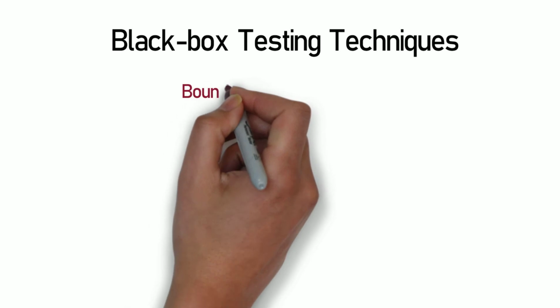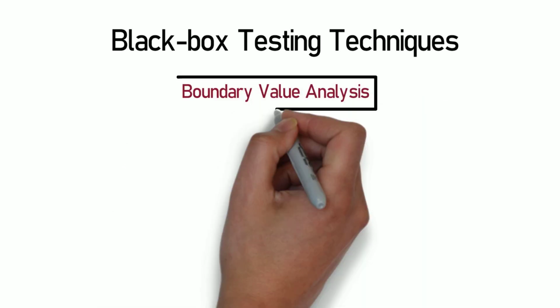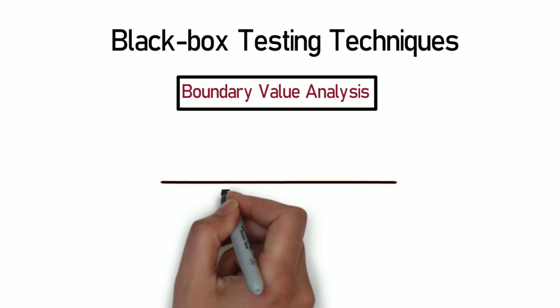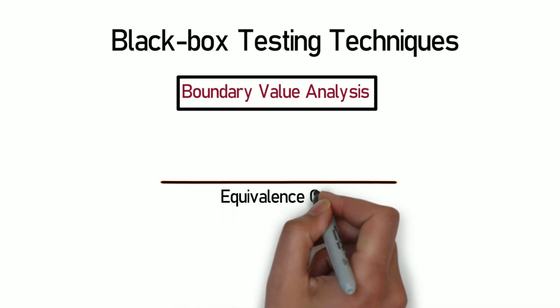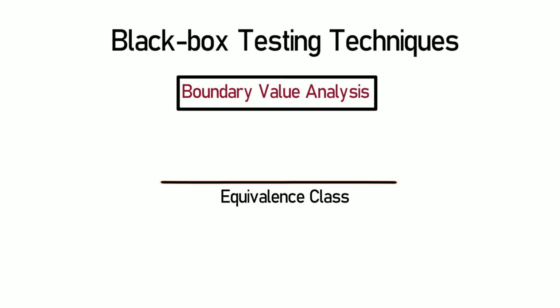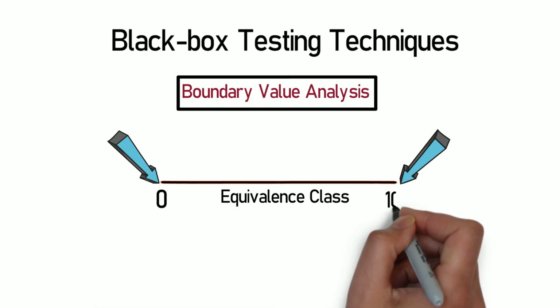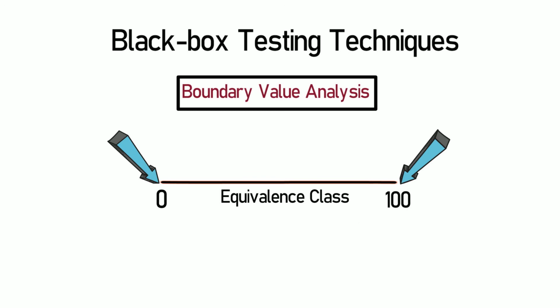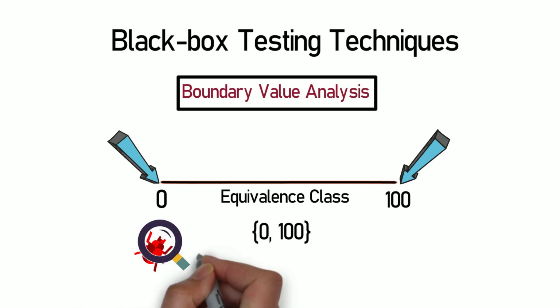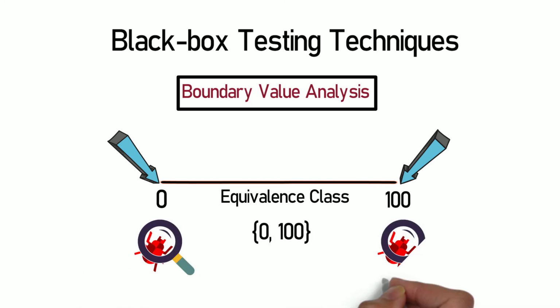Let's move to the next technique, boundary value analysis. Boundary value analysis is a black box testing technique which is closely associated with equivalence class partitioning. In this technique, we analyze the behavior of the application with test data residing at the boundaries of the equivalence classes. For example, for equivalence classes with an input between 0 to 100, the test data using boundary value analysis will be 0 and 100. That is the values lying in the boundaries only. Its advantage is it is easier and faster to find defects. This is because the density of defects at the boundaries is more.